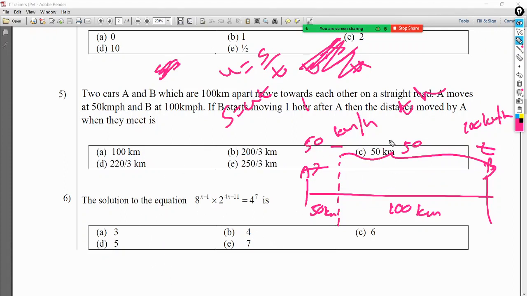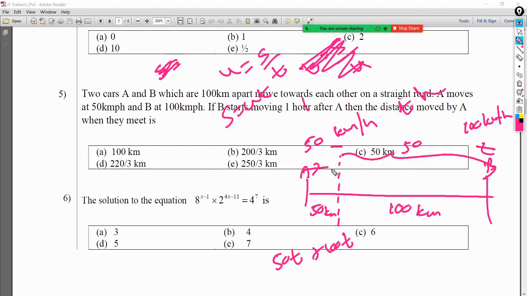B is going to travel after t times 100 into t. If you add those two distances, 50 into t plus 100 into t, that distance must